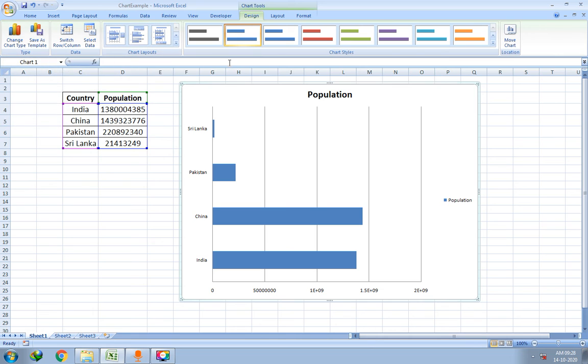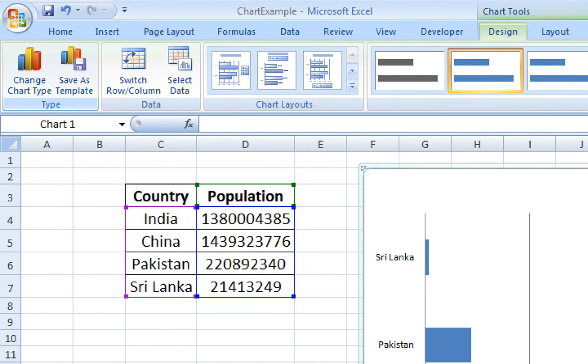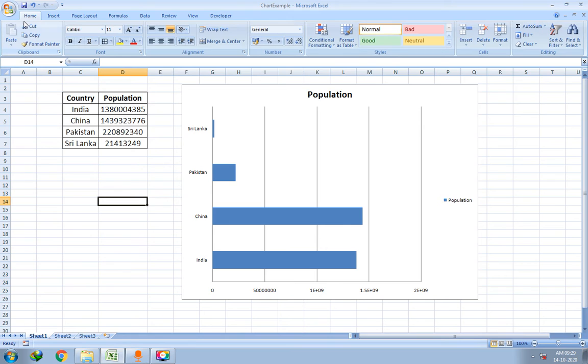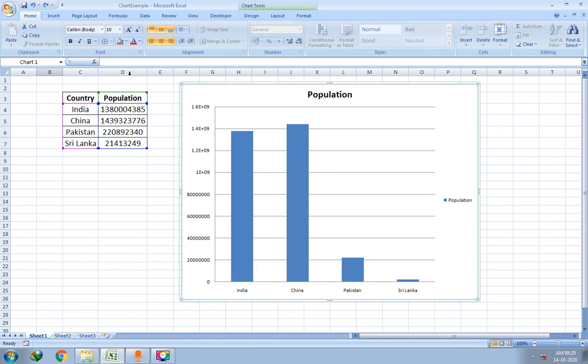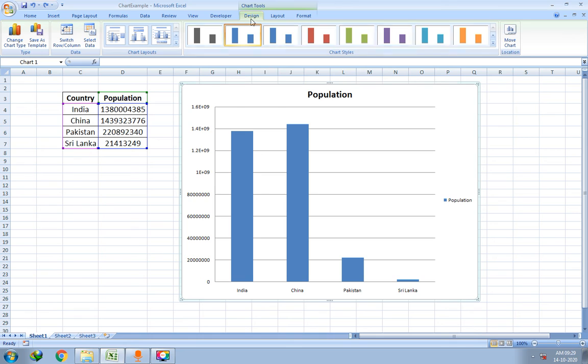Right, now we will quickly talk about how to change the layout of the chart. In order to change the layout, click on the design tab. First of all, ensure that you have selected the chart, then only these three menus will appear: design, layout and format.